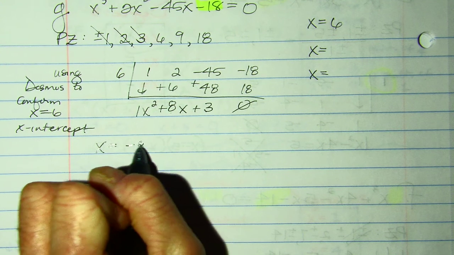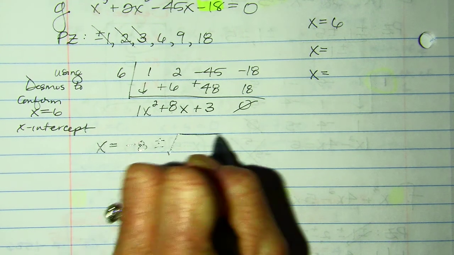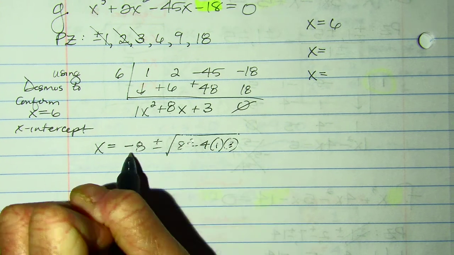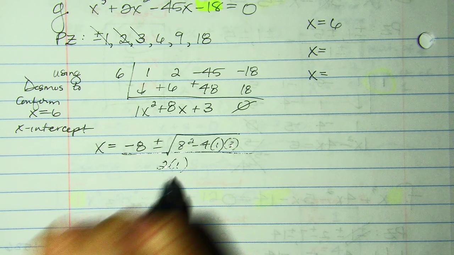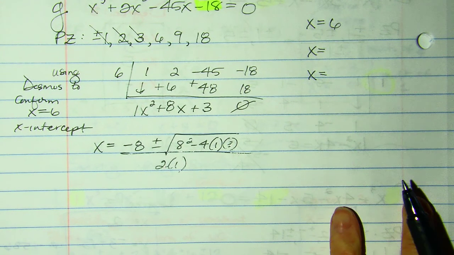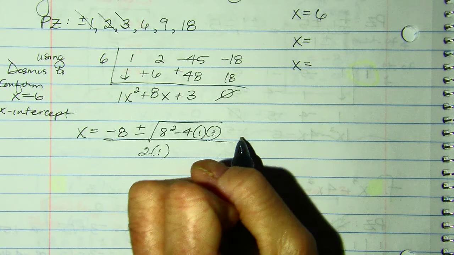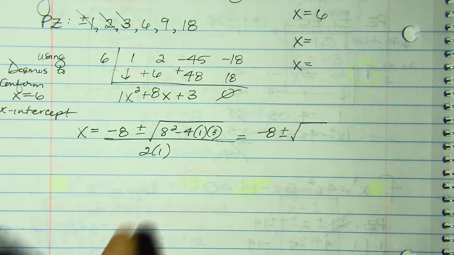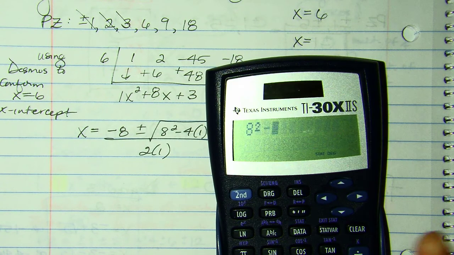So negative b plus or minus the square root of b squared minus 4 times a times c, all over 2 times a. So I'm going to show you how to just get the decimal form straight from here. So negative 8 plus or minus the square root of 8 squared minus 4 times 3, which is 52,